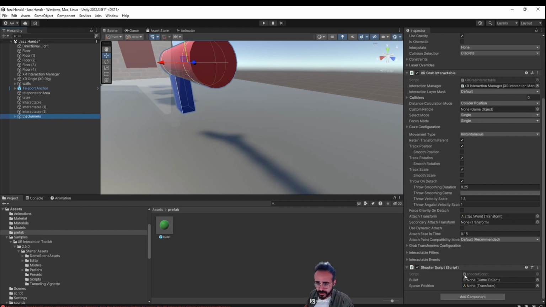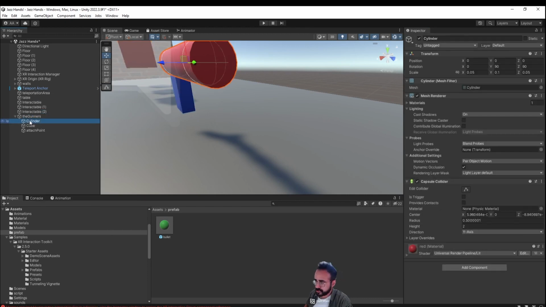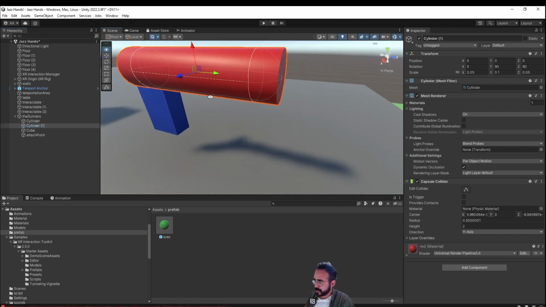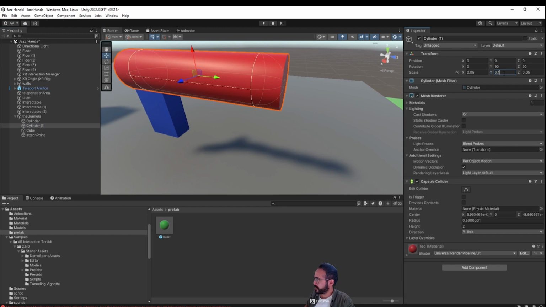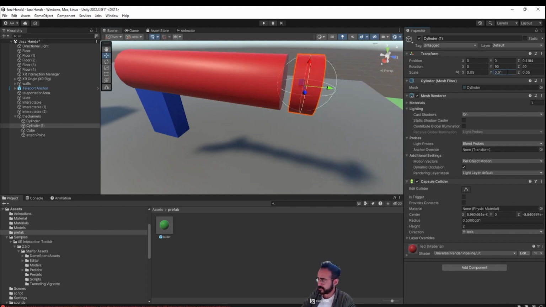Okay, so now as you see here, this is the bullet. So my bullet should go right here. Then we want the transform position. Where should the bullet be spawned? For that, we should also have some visuals at where the bullet is coming out from. So I'm going to duplicate the cylinder. I'm going to make it much smaller, so also 0.05. And then I'm going to move it out here, even smaller than that, 0.01, 0.01, and